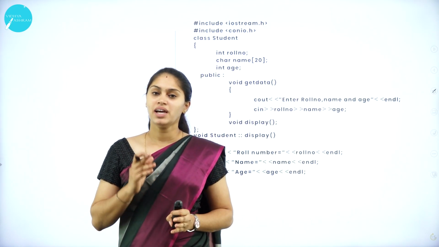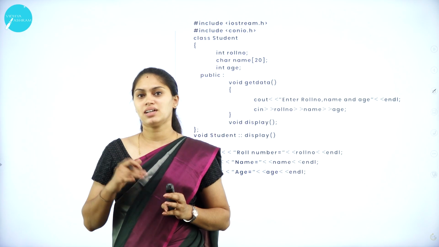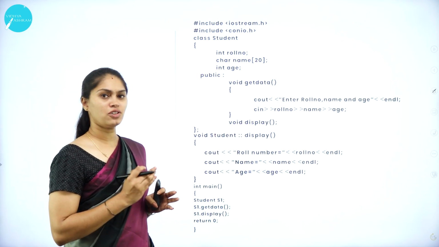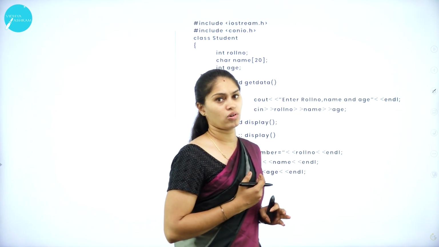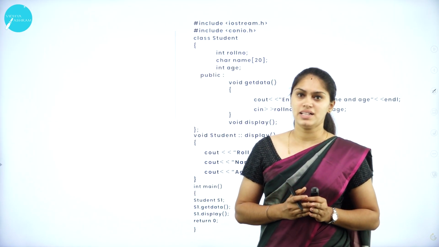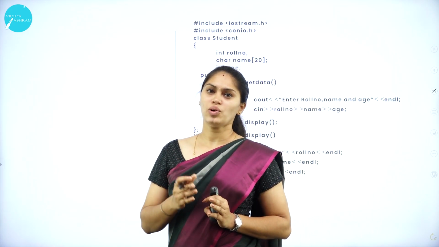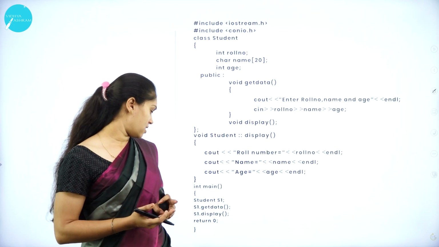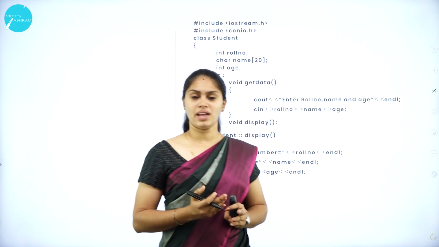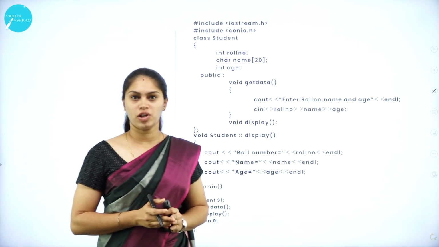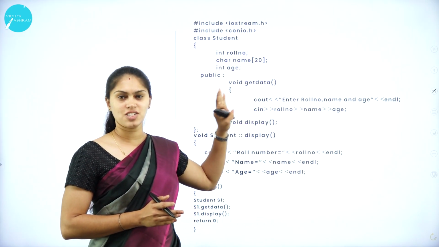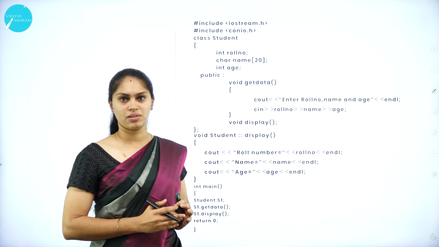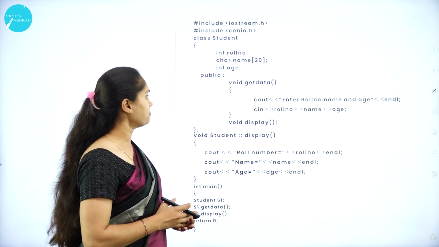By this program, you can relate all of the concepts which I have covered in the previous slides. In order to start any program, a header file is compulsory. So here I am going to have two header files, iostream.h and conio.h, because I'm going to use getch, and I'm going to have a main function, so I use conio.h, and iostream.h in order to take the input and output stream, because I'm using cin and cout statements. Okay, so let me explain this program.